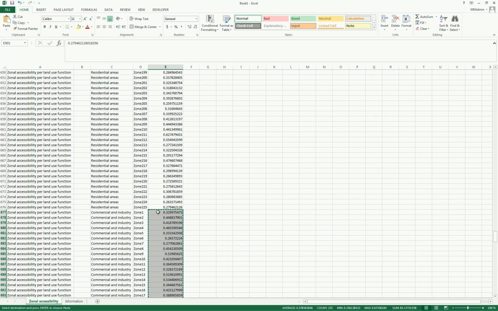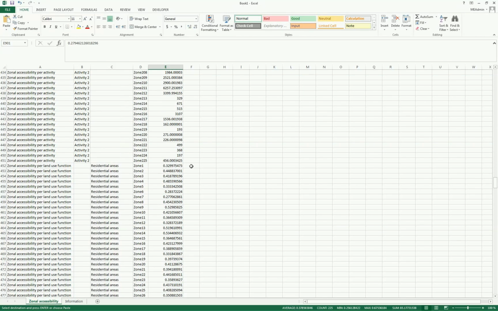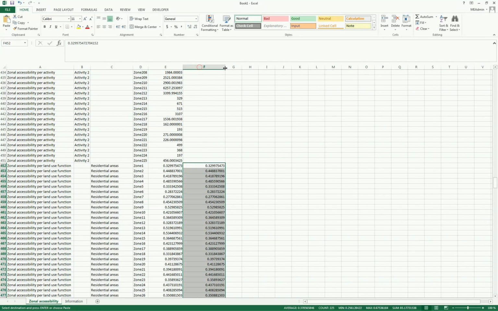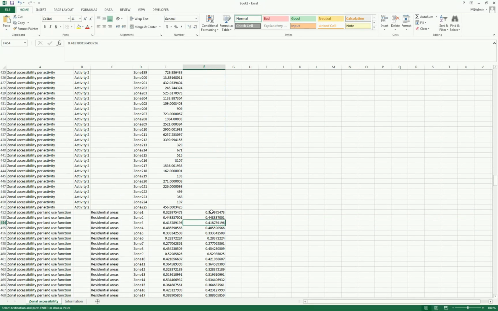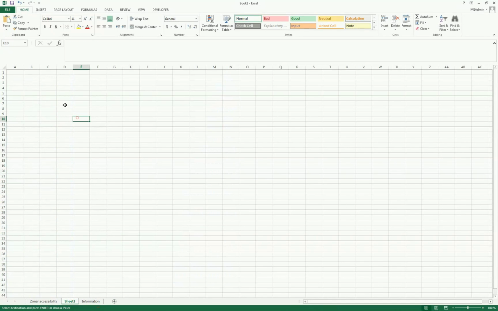We note that the residential and the commercial zonal accessibilities are actually the same values as per the current implementation of the zonal accessibility calculations. And just to prove that, I will put them next to each other just to show you. So you can see here that these numbers are the same. So if I copy that, and we'll go over to a new sheet, and I transpose that,